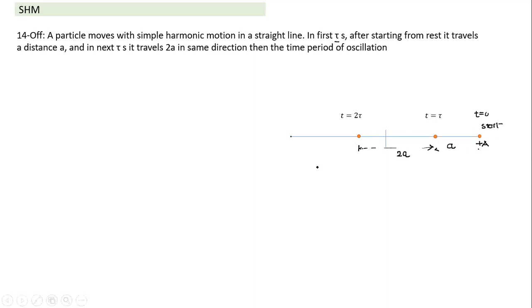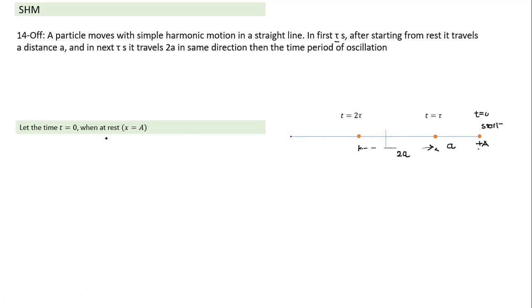This information is given. It is similar to one of the previous questions. Sir, is there any reason why we're assuming that this point is beyond the mean position? No, I am not assuming anything. This is just randomly drawn, I'm not going to use this figure. It can be on the other side also. Okay, so let's look at that. Maybe just a simple substitution, and then I will come later to how we can solve it using phasors also.